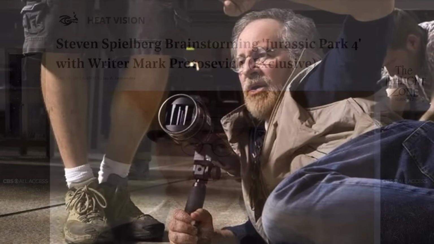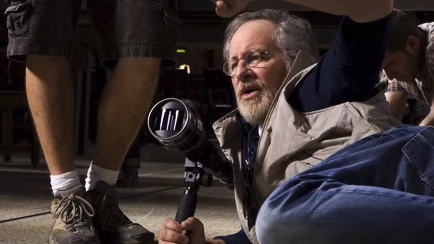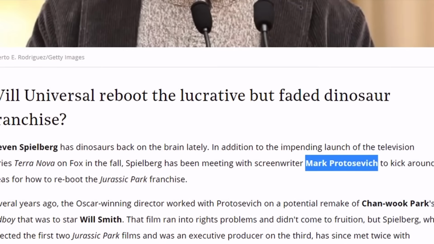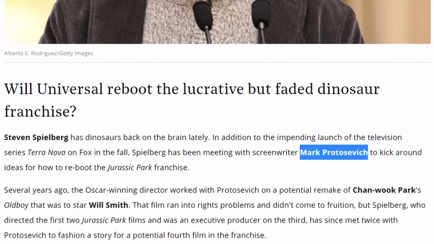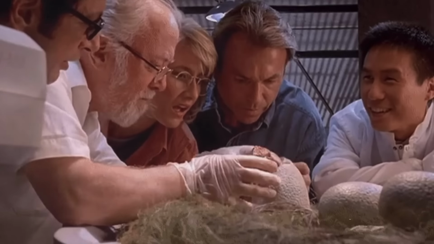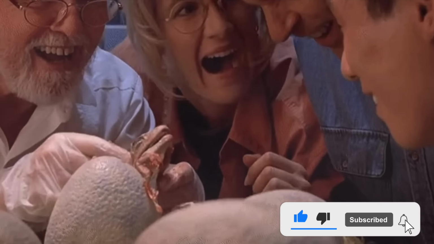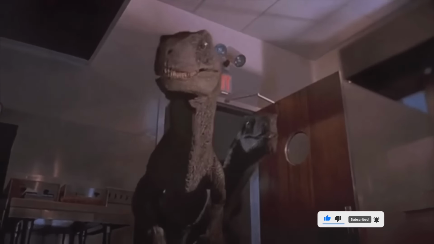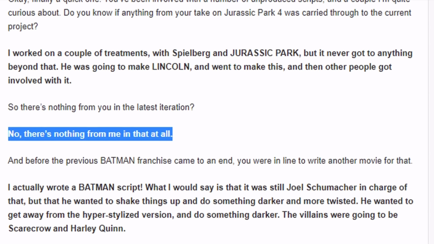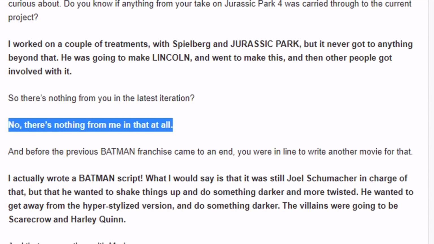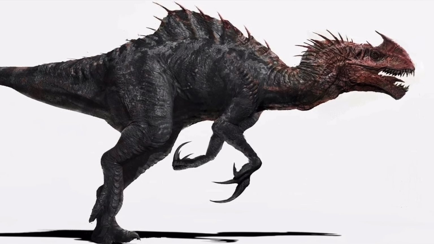Specifically that he'd actually been actively working on it and that the movie would be due out to release in just a couple of years' time. Soon after, a screenwriter by the name of Mark Protosevich was actually revealed to have been working with Spielberg on developing the film, one that would bring the franchise back from the dead and totally revitalize its life in front of the global audience. This version of Jurassic Park 4, of course, never made it to the big screen, and in his own words, none of what Mark Protosevich brought to the table was used. By the time Rick Jaffa and Amanda Silver showed up to work on the movie, it was a completely different beast.